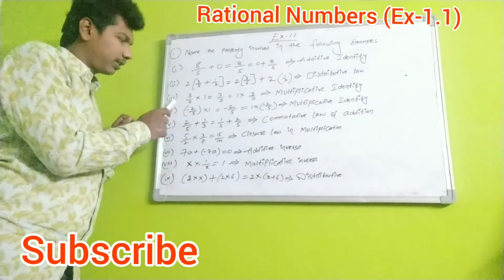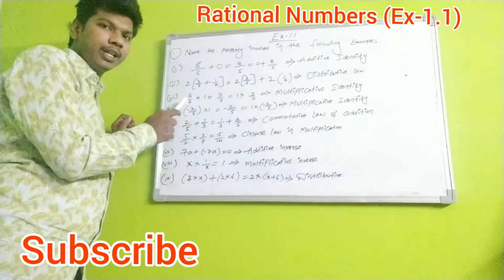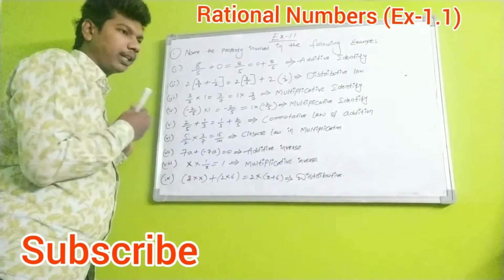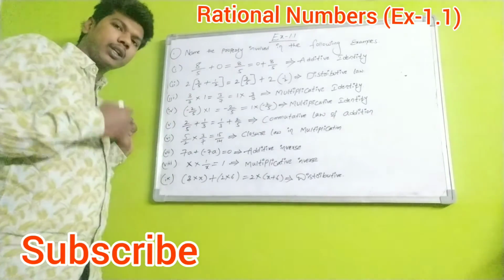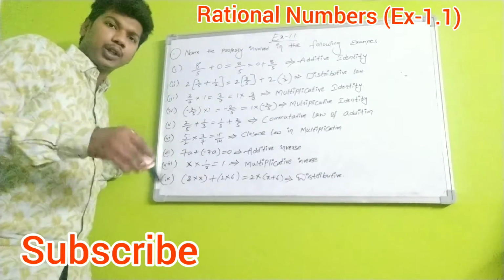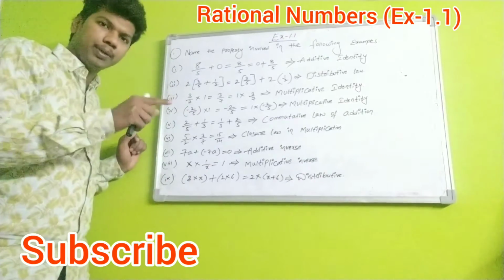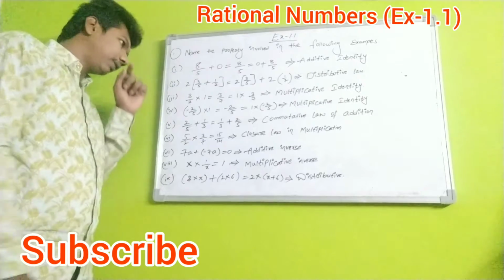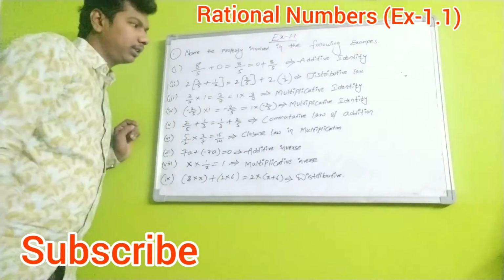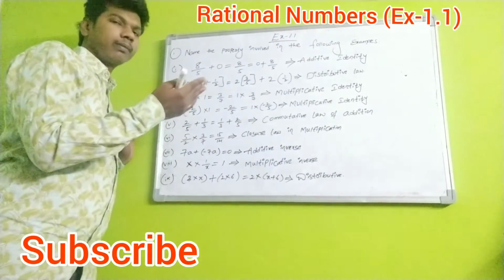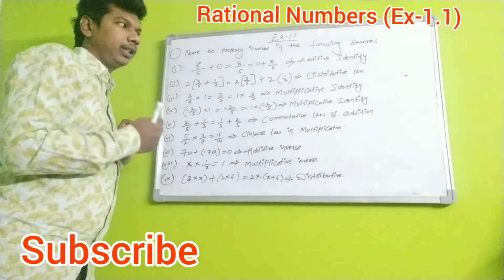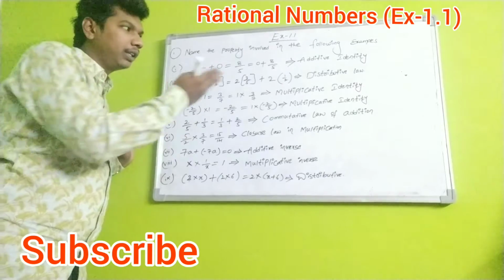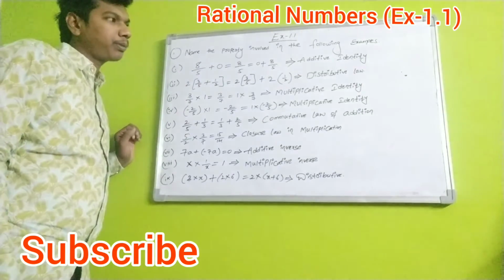Next, third bit, 3 by 7 into 1 is equal to 3 by 7. Why? Because 3 by 7 has 1 as its denominator, nothing else. Product of numerators is equal to product of denominators. Now you can multiply numerators and denominators. 3 ones are 3, 7 ones are 7, so 1 into 3 by 7. Here also the same answer, 3 by 7. Therefore, the symbol in between is the multiplication symbol. Therefore, this is multiplicative identity.